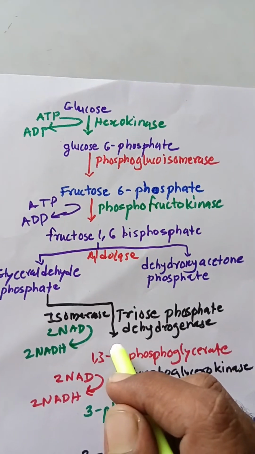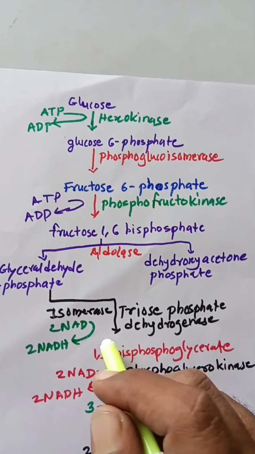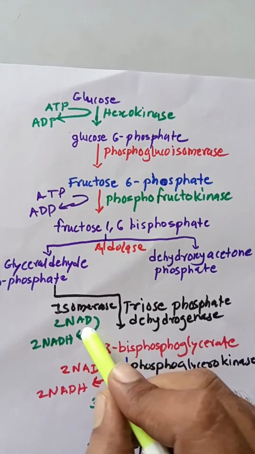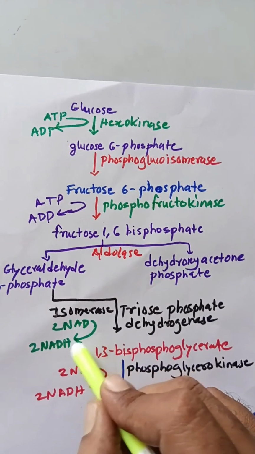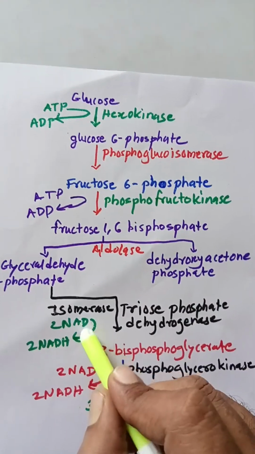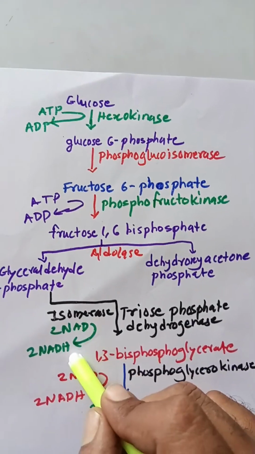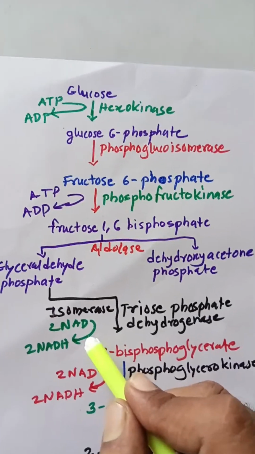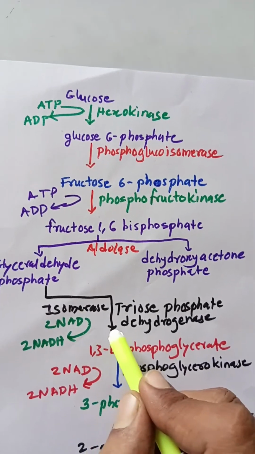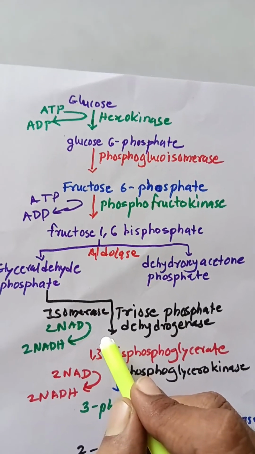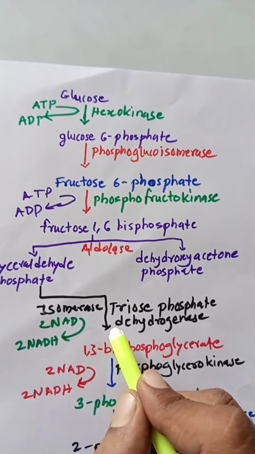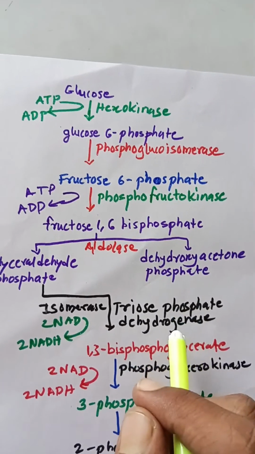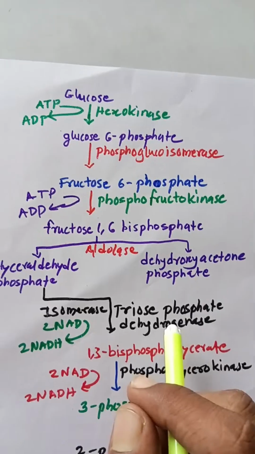And because they are so happy, they gave you 2 units of their currency. So this is NAD converts to NADH, energy. So 2 molecules are there. So 2 units of their currency they gave to you. And they gave you tortoise. And they said that tortoise, now for the tortoise there is phosphate, matrix, and it's a food for that.